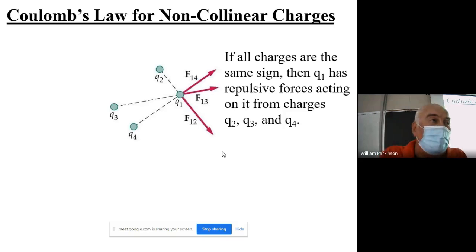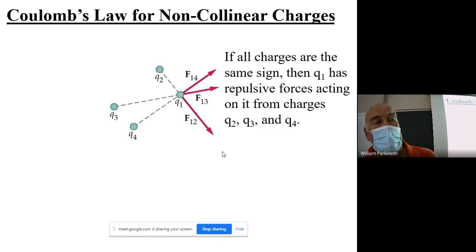Since they're all the same sign, all charges are repelling each other. So they're all pushing against each other. But for simplicity and clarity, I'm only showing how Q1 is affected by charge 2, 3, or 4. Now, if I know the distances between them, and I know the magnitudes of the charges, then I could stick